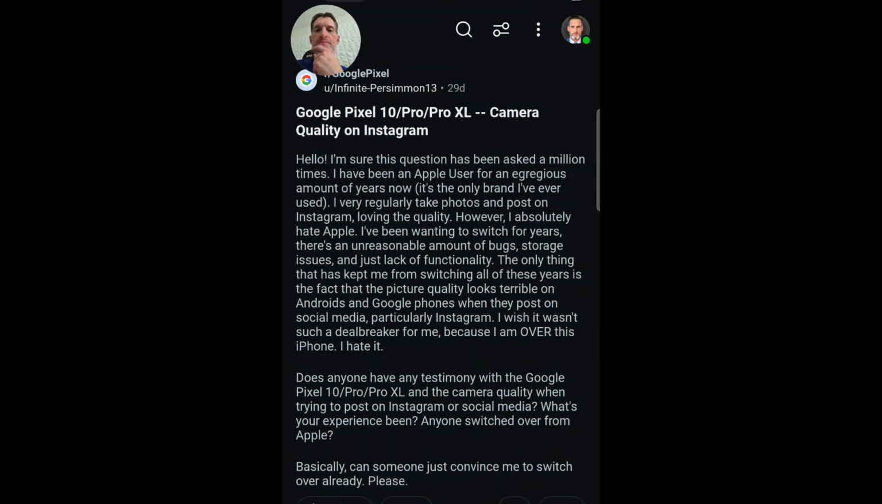across this post on Reddit. The title is Google Pixel 10 Pro Pro XL Camera Quality on Instagram. Now, I'm going to go through the settings on the Google Pixel 10 Pro and let you know how to get the very best picture quality uploaded to Instagram, because Instagram uses a specific codec that a lot of people